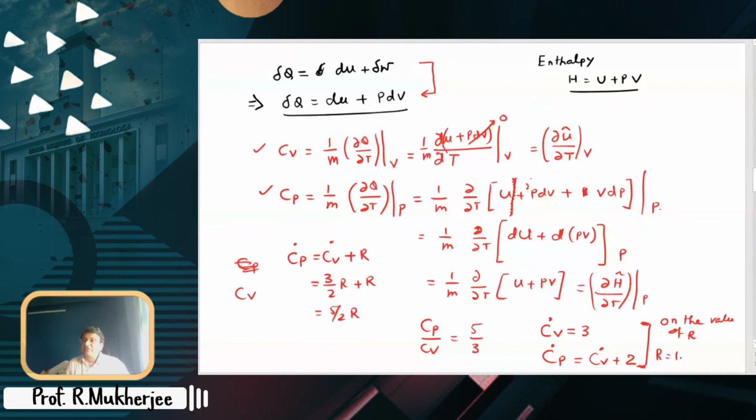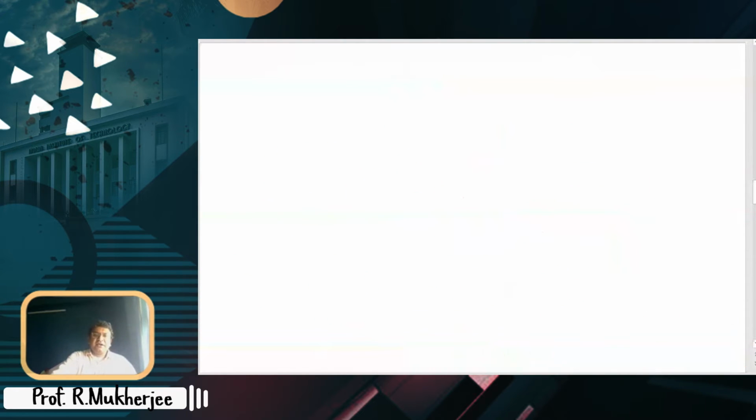And this is actually based on the value of calorie per gram mole Kelvin. So that 1.987 is approximated to be 2, and therefore sometimes people tend to write that CV is equal to 3 and CP equal to CV plus 2. Be careful, these two are unit dependent systems, while this one is not. So there was somebody who mentioned 1.67 in the previous class. It's all fine. So this is all done.